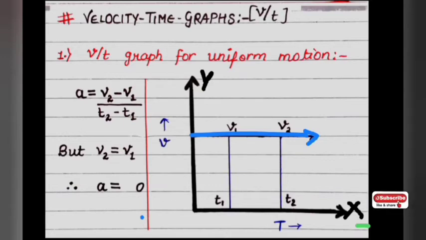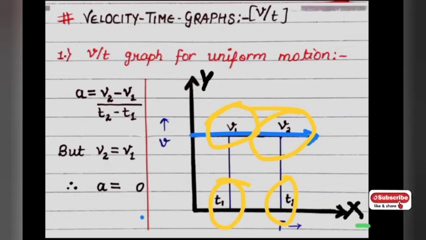Still we are taking these two values v1 and v2 at different time intervals t1 and t2. It is not the position denoting graph. Basically what we are getting is information about the velocity. So if we find the acceleration, as we found in the distance time graph, acceleration is velocity upon time. As I told you in the last video, here we are going from one time interval to another time interval, so we have to take the difference. So acceleration would be v2 minus v1 divided by t2 minus t1.